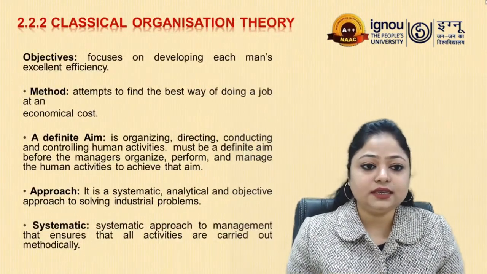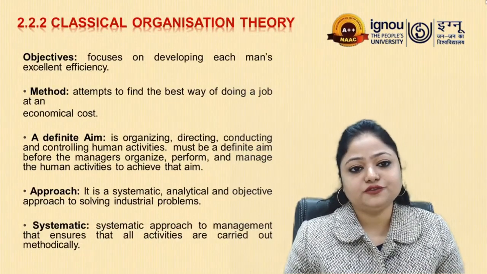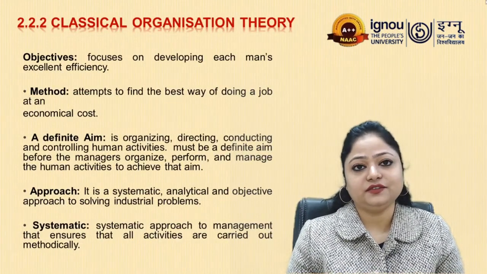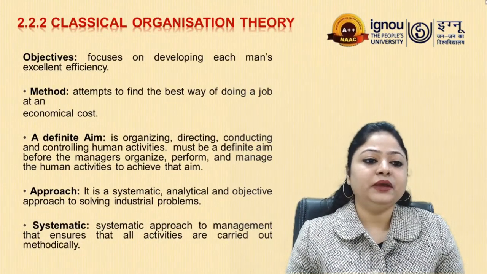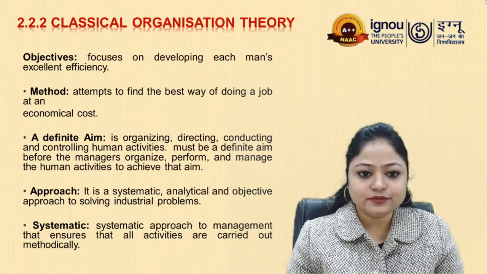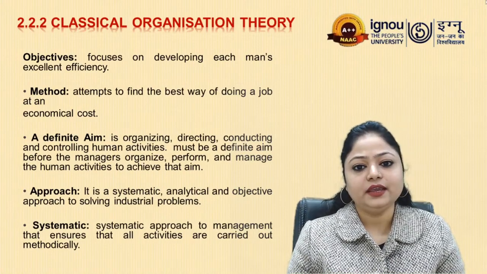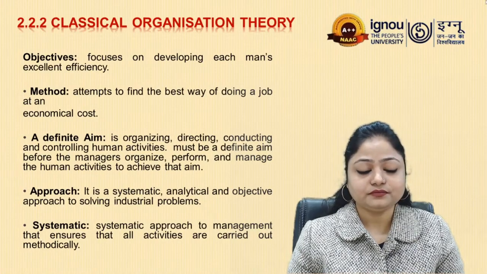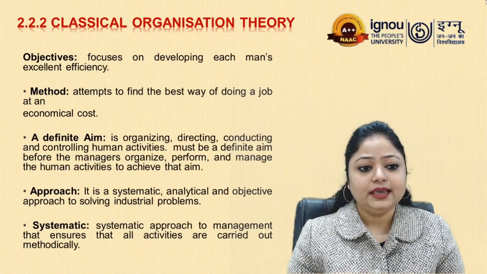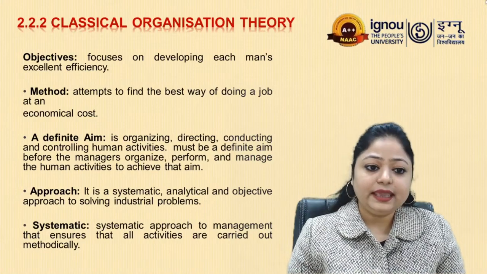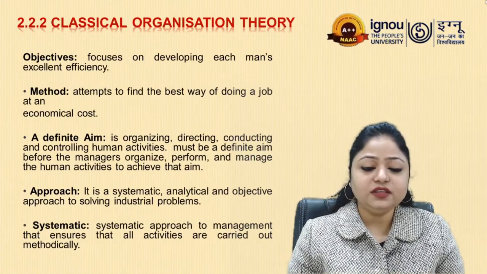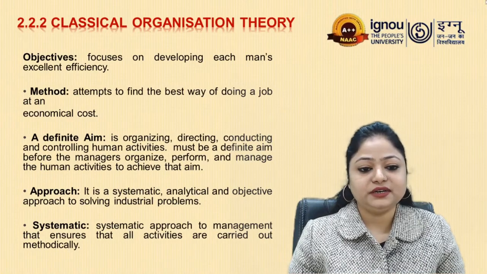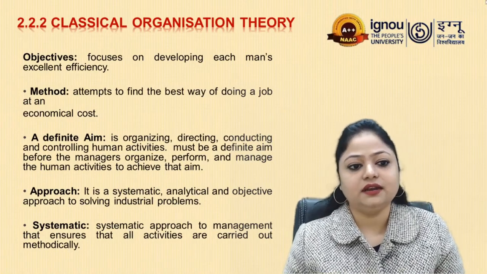The objective of this theory, scientific management theory, is to focus on developing each man's efficiency, and the methods applied were attempts to find out the best possible way to do a job in the most economic, cost effective way. Then there was a definite aim, that is, all the functions that management does, like organizing, directing, conducting, controlling